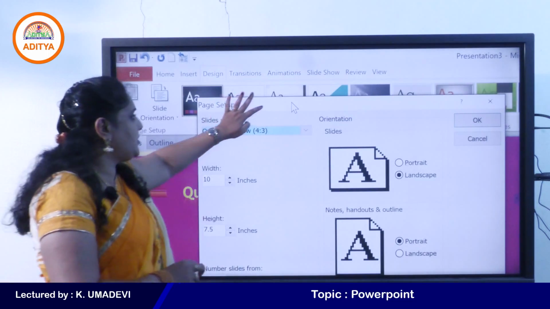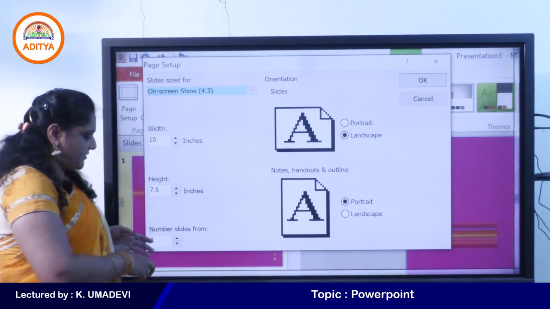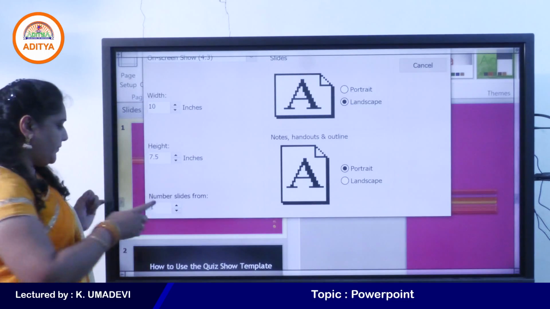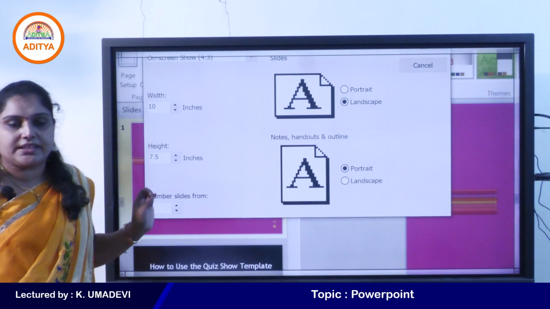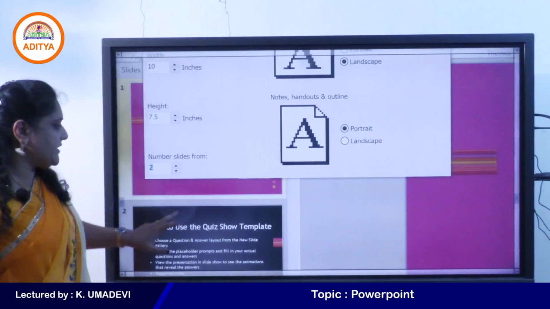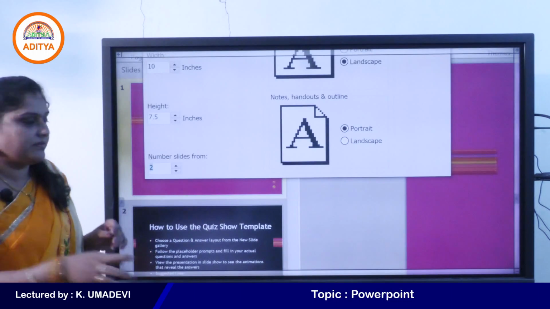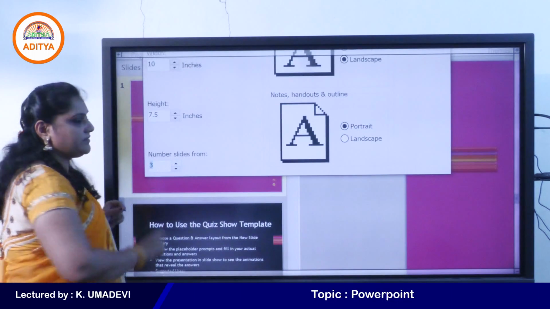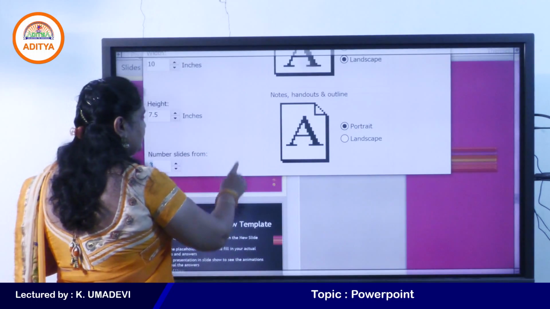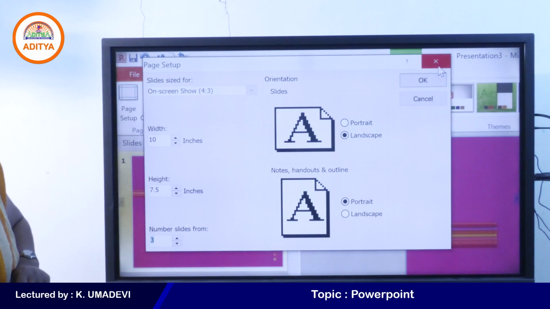If you want to print from the starting page, simply you can select one. By default one is selected. For example, if you want to print the presentation from the third slide, you can select 3 here. So like this, you can change the settings available under the page setup dialog box.